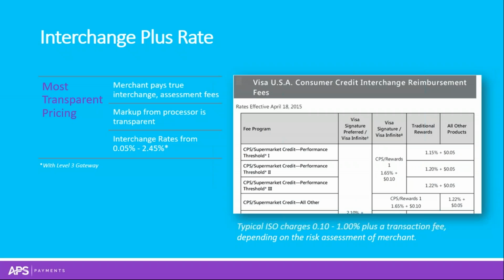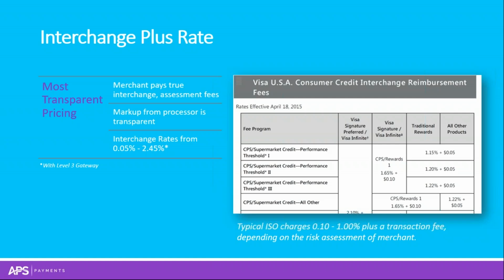And then we have Interchange Plus. At APS, we only offer Interchange Plus pricing. This is often the most transparent pricing structure. So you as the merchant will be charged the true rate set for card types, like I mentioned before. Those are the rates set by Visa, MasterCard, Amex, and those rates are really non-negotiable. So regardless of who you're with, Visa, MasterCard, and Amex are charging these merchant service providers that hard cost, regardless of what your pricing structure is.